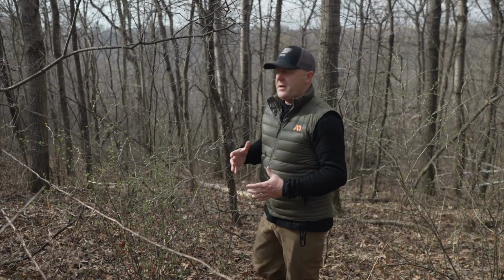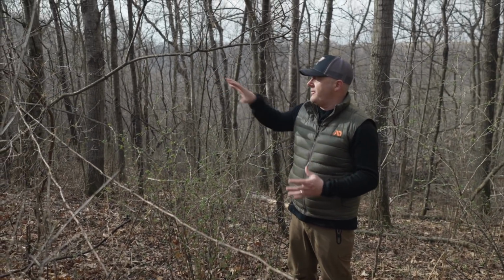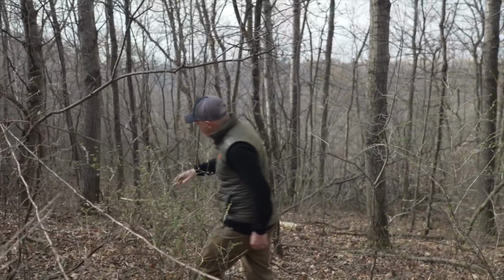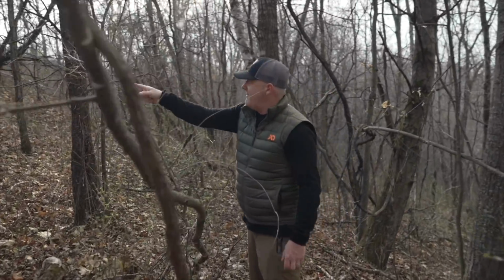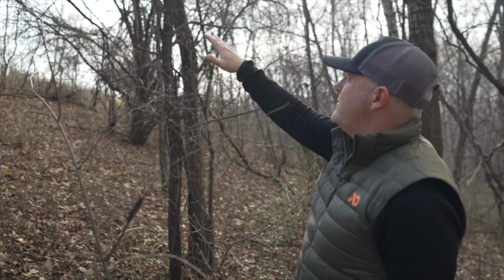One thing about this location too, I don't want to forget to mention, is we have apple trees through here quite a bit. We have 2 apple trees right here, and a dead one down here that finally succumbed to not having much sunlight, but we have an apple tree right there and one over there. These are right in front of the stand, so we need to trim these up anyways, but definitely getting more